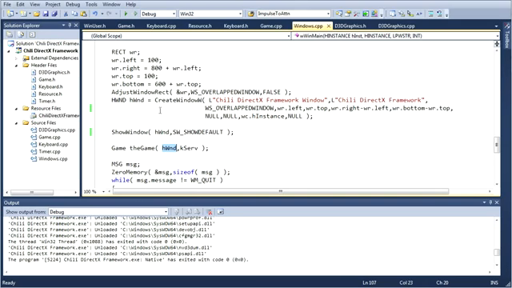I think I've explained this before, but a handle is kind of like a pointer, but it's not a real pointer. It doesn't point to somewhere in memory. It's just like a name that the computer uses to refer to something. It's kind of like a name of a window. So we have to pass it the handle to our current window, because